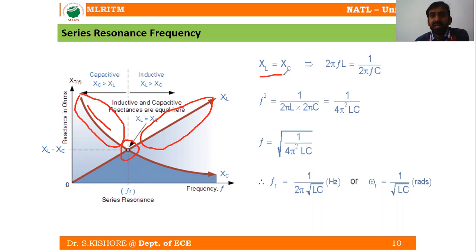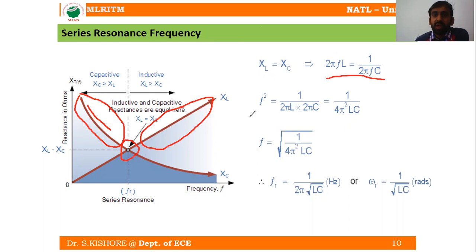So at this condition, when XL is equal to XC, what is XL? XL is nothing but omega L, which is your 2 pi f L. What is XC? XC is nothing but 1 by omega C, which is 1 by 2 pi f C. Right. So now if we consider these two equations,